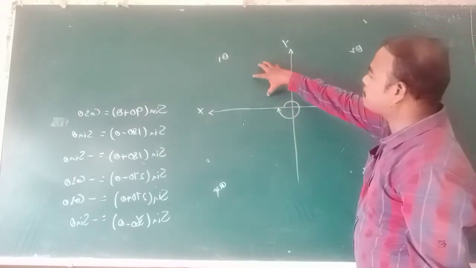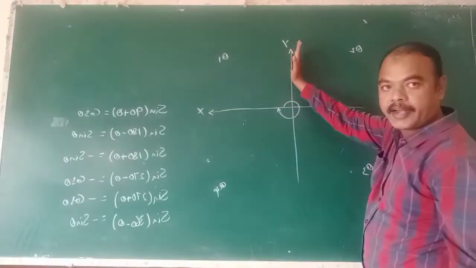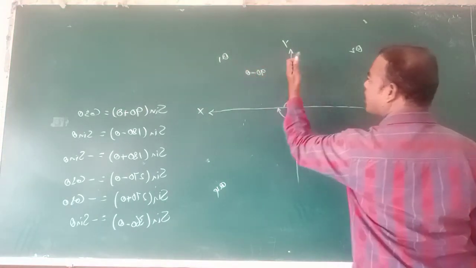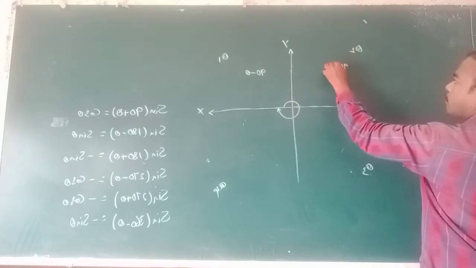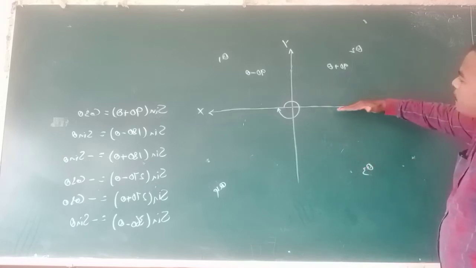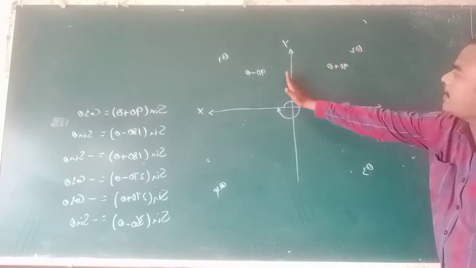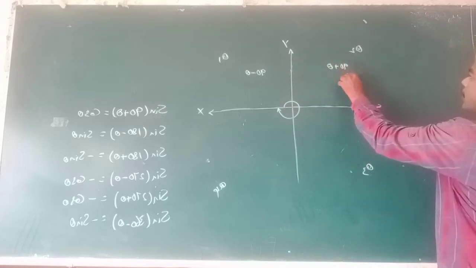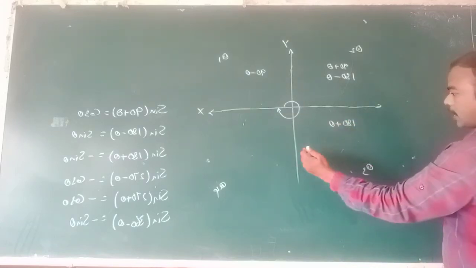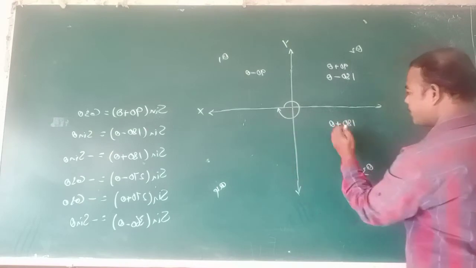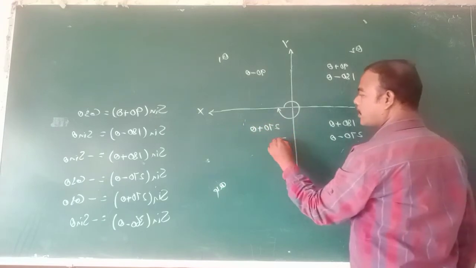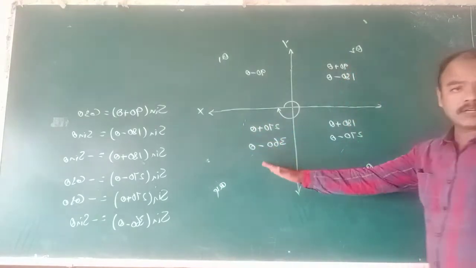This is the first quadrant. Up to here it is 90 degrees. So whatever is 90 minus comes to the first quadrant, and whatever is 90 plus goes to the second quadrant. Up to here it is 180 degrees, so 180 minus also belongs to the second quadrant, along with 90 plus. 180 plus comes to the third quadrant, and up to 270, 270 minus also belongs to the third quadrant. And 270 plus theta is in the fourth quadrant, and 360 minus theta also belongs to the fourth quadrant.